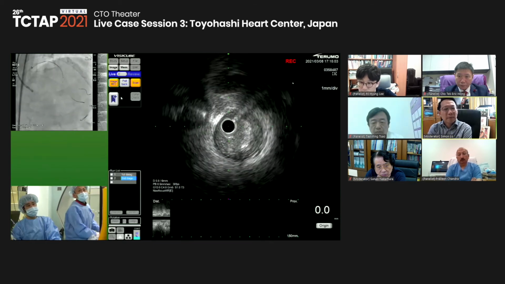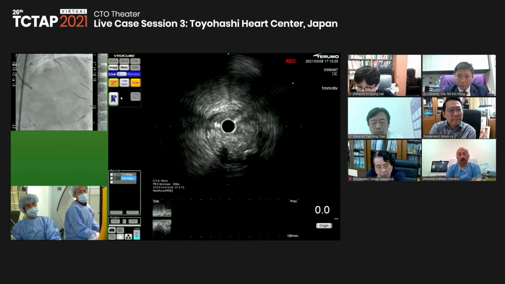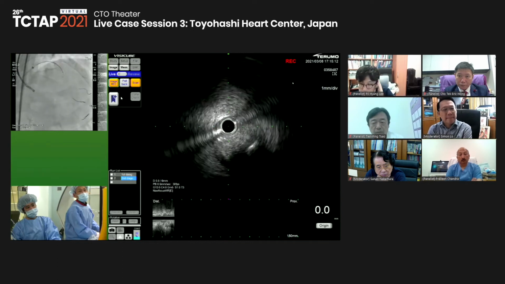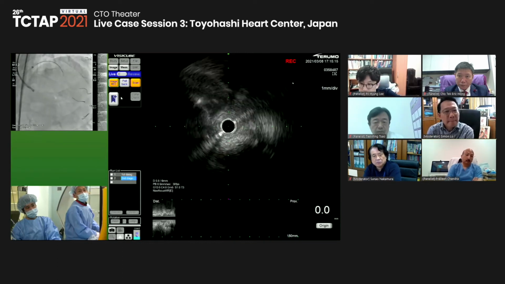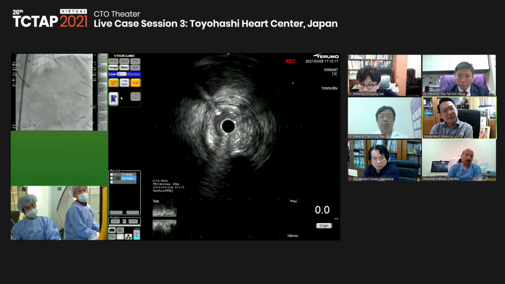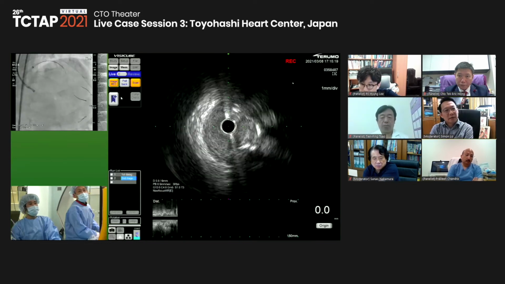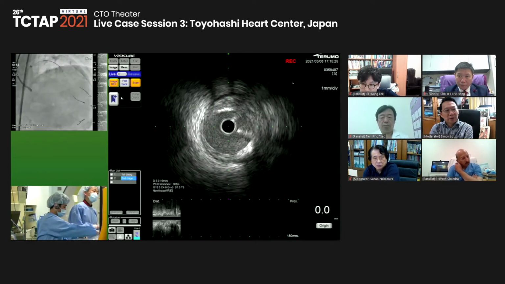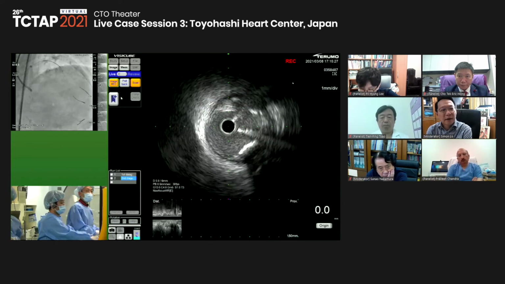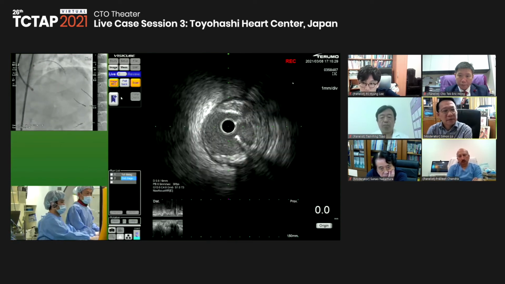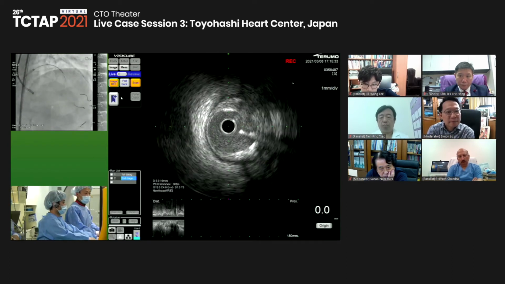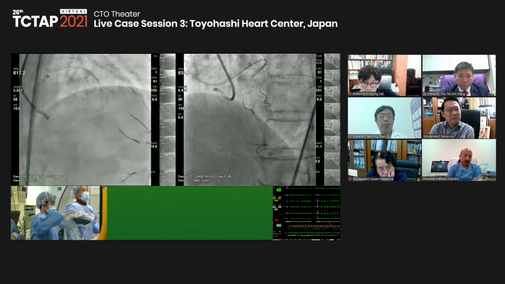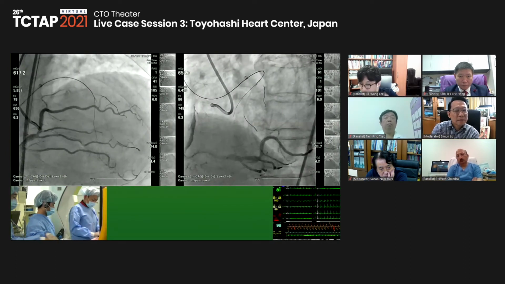Yeah. So this is the second diagonal now. You can see some small calcification, but almost fibrous plaque is there. And then this is the first diagonal. Yeah. So we needed the stent around here, but the discrepancy between the distal and the proximal LAD is one of the issues of this kind of case, right? Yes. So anyway, we need a small balloon dilatation for the second and the first diagonal before stenting.